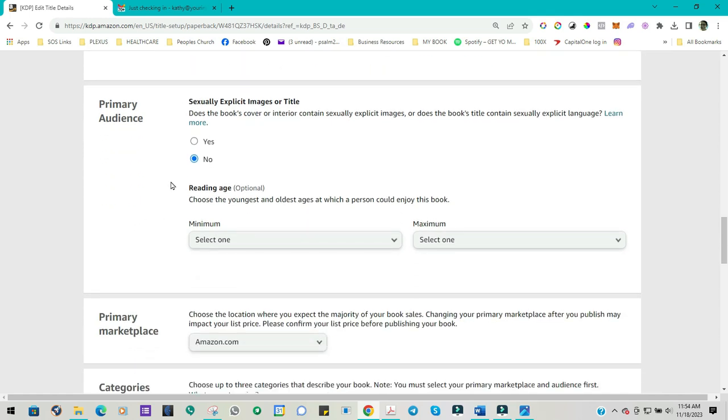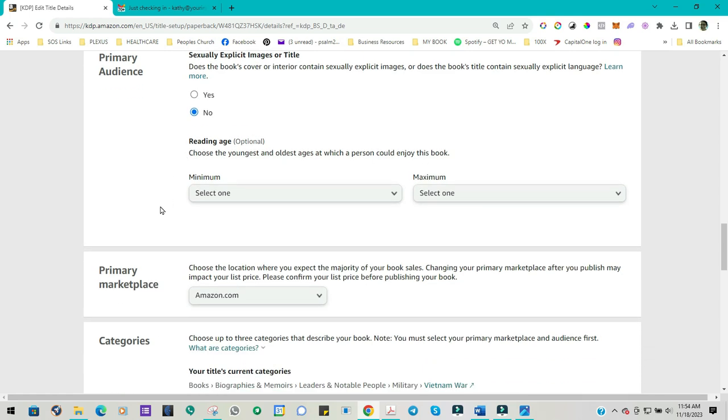Primary audience. Okay, so there's 2 parts to this. The first one is sexually explicit images or title. Amazon wants to know if your book cover or the interior contain anything sexually explicit, images, words, language, things like that. If it does, you'll want to click yes, and it's automatically going to put an age restriction on here of 18 years plus. If you click no, which I hope most of you have a no, then you will